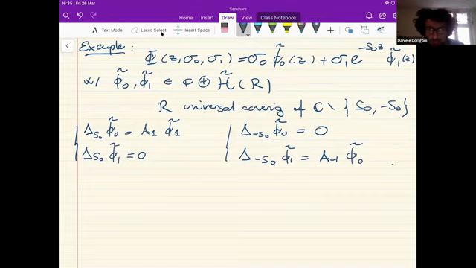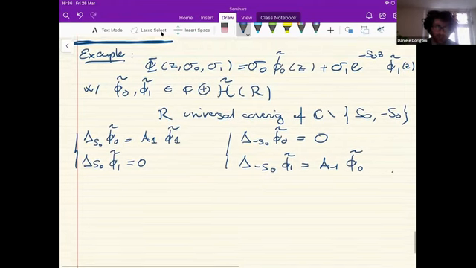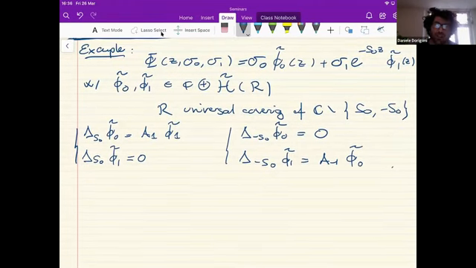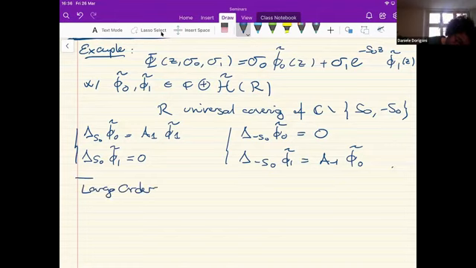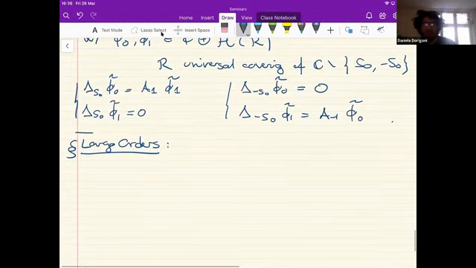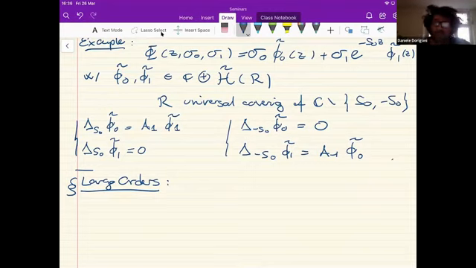So I would suggest for the students to repeat the analysis of the Stokes automorphism in this case. It's very simple, both in the positive and in the pi direction. And you will see that it's fairly similar to what we did before, just a little bit simpler. But we're going to be using this particular example in a second to derive the large order relations. So suppose from this example that we only had access to our perturbative coefficients, phi 0 tilde.